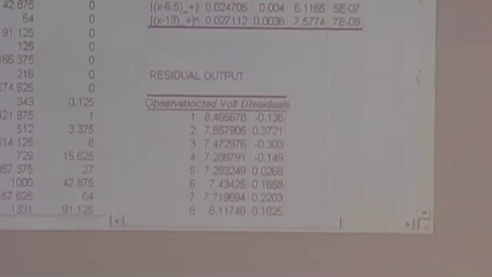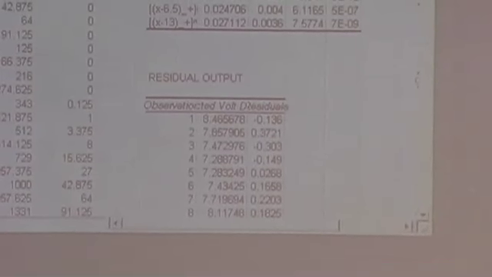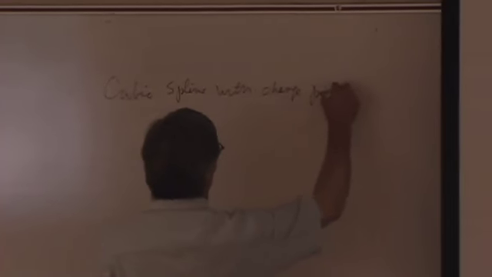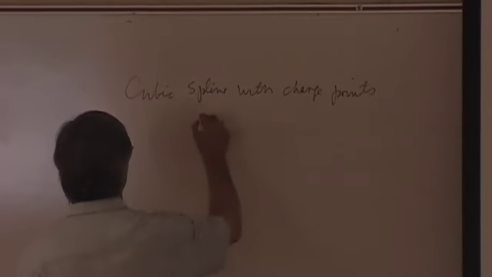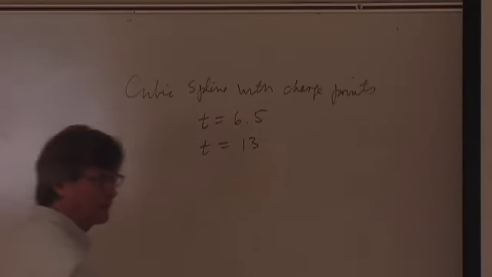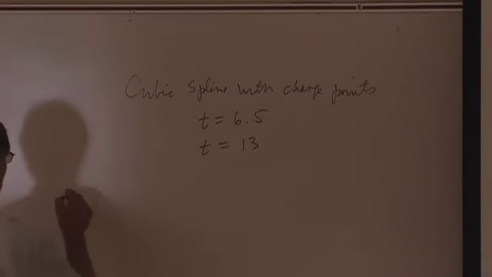I don't know if I did it. Well, there are my regressors, but my actual model then is for the cubic spline with change points at t equals 6.5 and t equals 13. I think it was. Yeah. There are 2 points. What would be the general one? The general